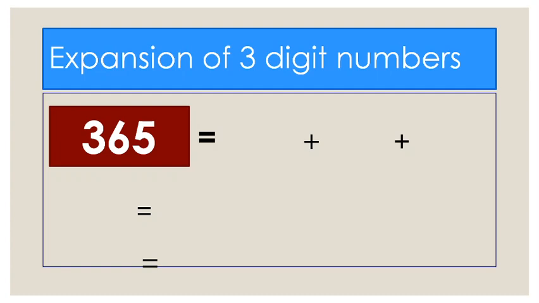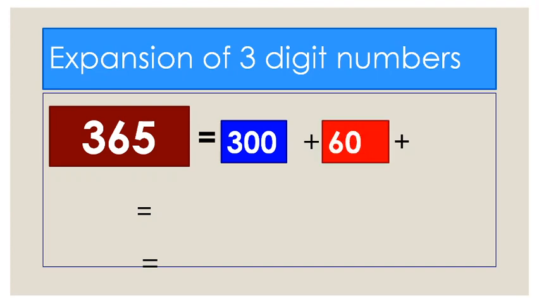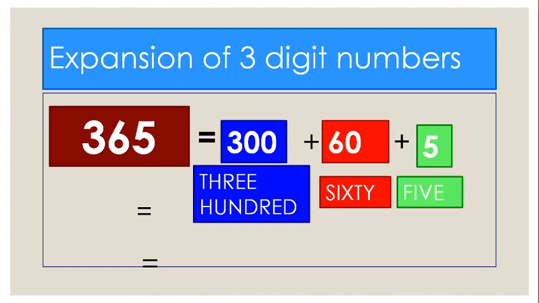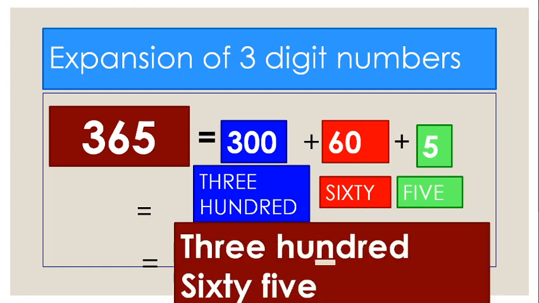So the place value of 3 is 300, the second digit is 6 and the place value of 6 is 60, and the place value of 5 is 5 itself. So when we read this number, the first one is 300, the second one is 60 and the third one is 5. Just join these three boxes and complete the word of the number